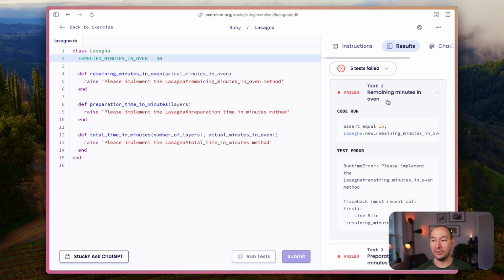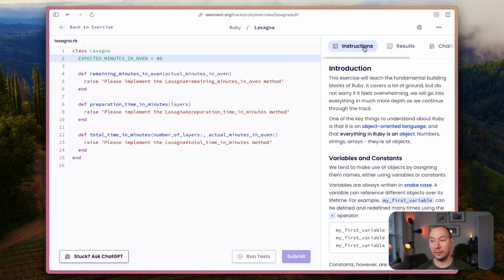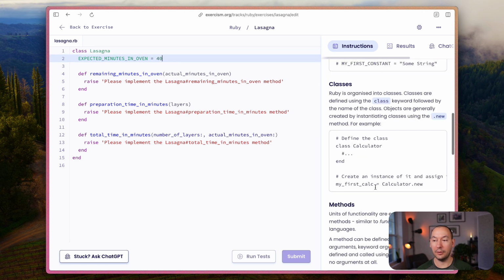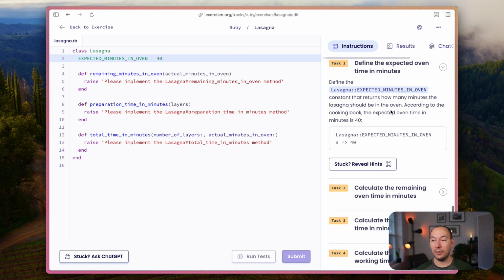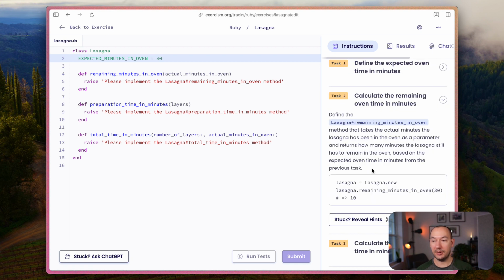So next thing we have is a test on remaining minutes in oven. So we're expecting that to be 15. So this is where things get a little bit different. With the constant, which we could define and set to a value, the instructions pretty much told us to do exactly that. Define the constant and set it to a value. The next thing here is a little bit different because our test suite starts to test that we actually receive, that our methods receive parameters